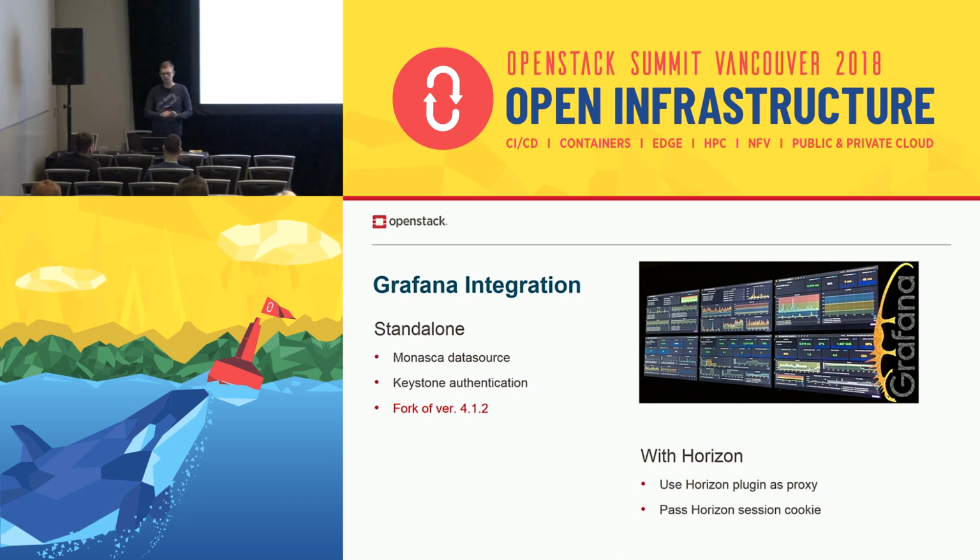We call it Horizon mode. It uses the Horizon plugin to authenticate and proxy the request from the Monasca data source through Horizon to the Monasca API. So it passes the Horizon session cookie to the Monasca API.